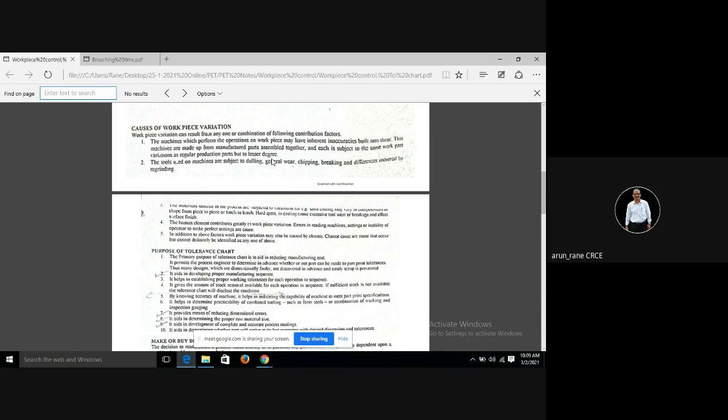In machines there are many parts which are assembled, right? And those parts have their own tolerances, correct? Which gives rise to the inequalities. Then the second factor is the cutting tools which we use on the machine. They get dull, they become blunt, isn't it? So if any cutting tool becomes dull or blunt, it is obviously going to cause variation in the size.